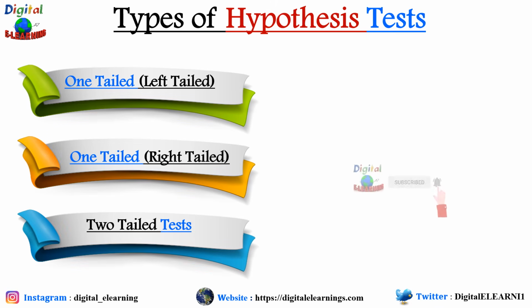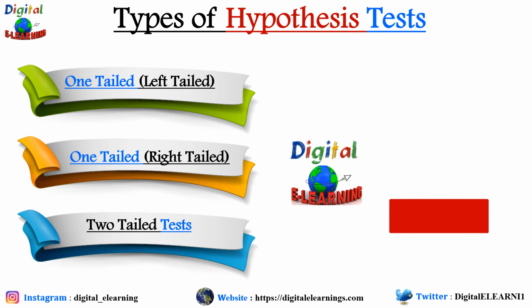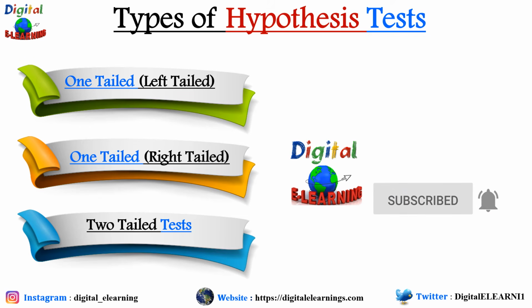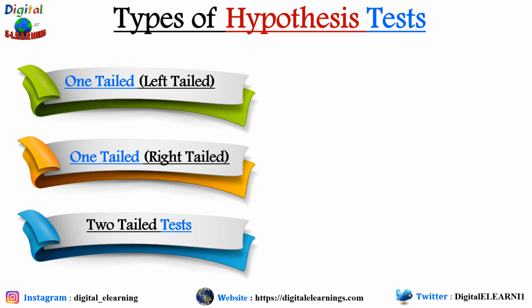In hypothesis testing, we need to judge whether it is a one-tailed test or a two-tailed test, so that we can find the critical values from the Z table or T table, and then by comparing the test statistic value with the critical value, we can come to a conclusion whether to reject the null hypothesis or fail to reject the null hypothesis. So how can we tell whether it is a one-tailed test or a two-tailed test? It all depends upon the original claim in the question. So let us look at each one of these, one-tail test, left tail or right tail, and two-tail test, in a little bit more detail.